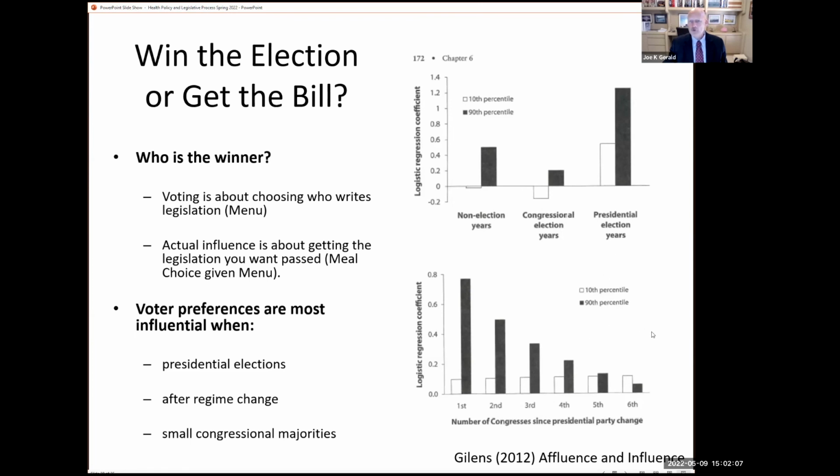And also when there's been a changeover in our elected officials, right? So when we've thrown the old bums out and we get the new bums in, then the likelihood of seeing something that average voters can stomach goes up. Okay, yeah. So these are key times or windows when average citizens are more likely to do well: presidential elections, regime changes, or when the majority is very narrow in our Senate or House.